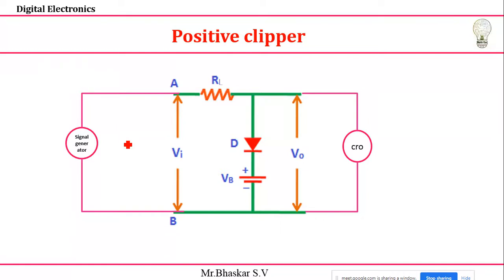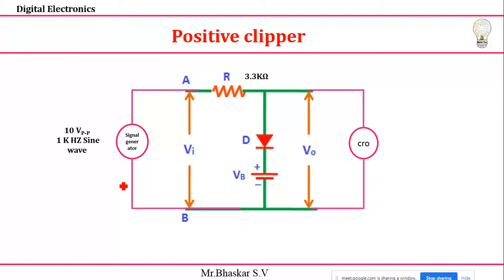And the CRO consists of two channels, channel 1 and channel 2. Channel 1 is connected here to the output, and channel 2 again I need to connect, and we can see that. The input from the signal generator I'm going to take is 10 volts peak to peak, and a 1 kilohertz sine wave I'm considering here. So 1 kilohertz frequency and sine wave I'm telling, and 10 volts peak to peak means, as already told, positive 5 volts and negative 5 volts. This is the thing I need to consider.